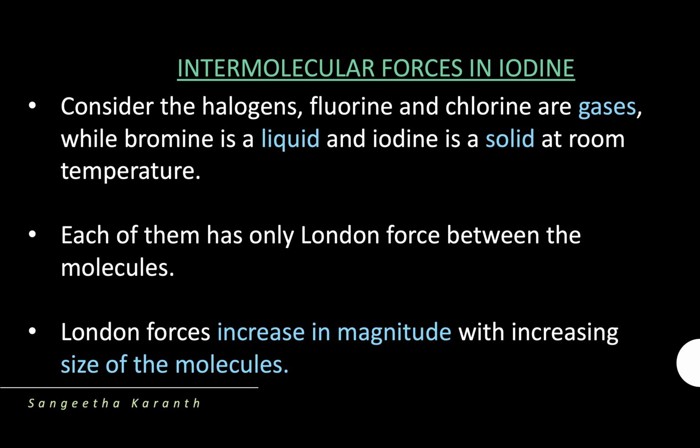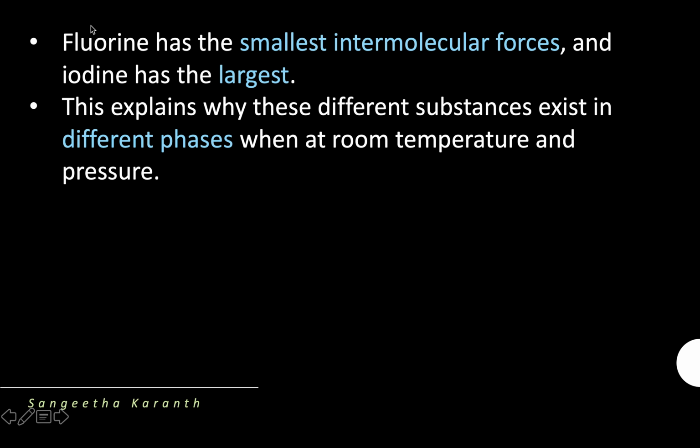So the main cause for this is the intermolecular forces of attraction. One thing you have to remember is that these intermolecular forces of attraction increase with the increase in size. As you all know, fluorine has the smallest size compared to all the other halogens. If the size is small, the intermolecular force of attraction is also less. If the attraction is less, the atoms will be far from each other. If the atoms are far, then obviously it should be in the gaseous state, right?